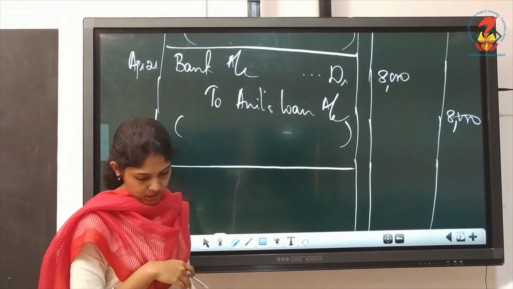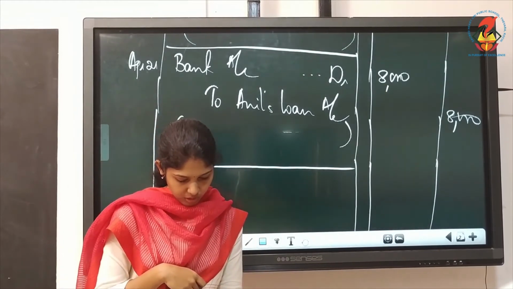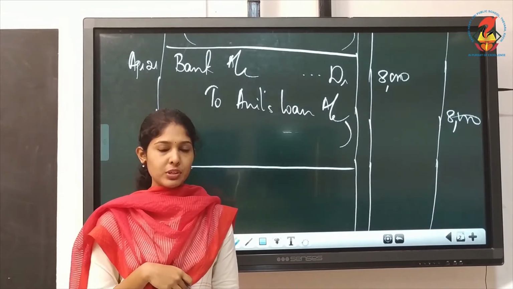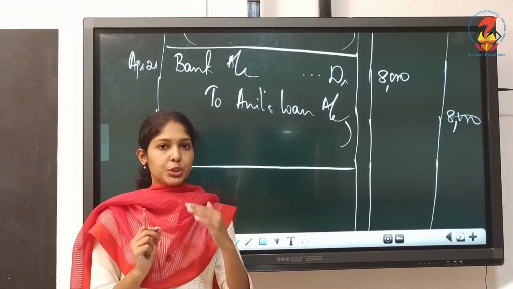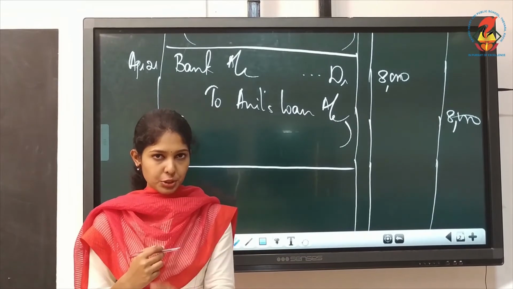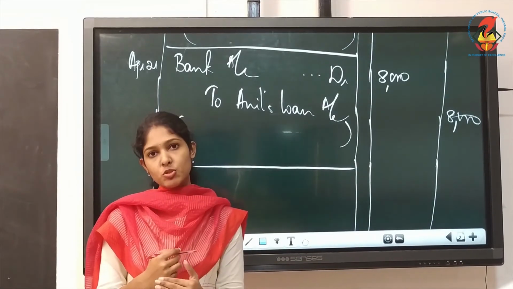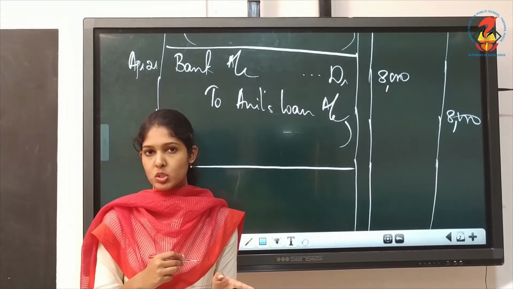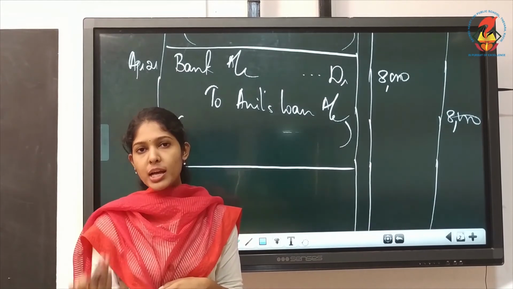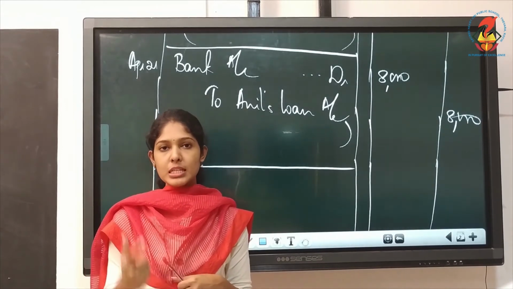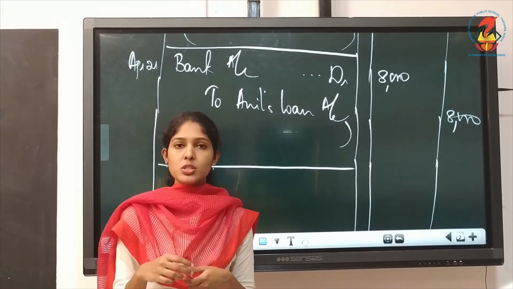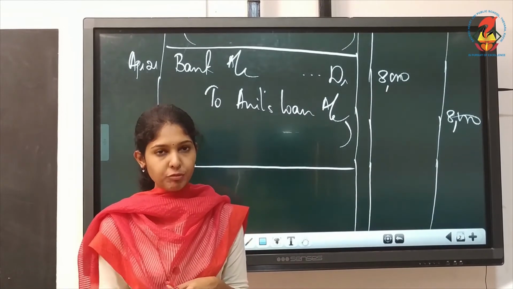The next one is April 23rd, goods returned to Surya. The transaction you have to do very carefully. You are returning goods to Surya. So what's the basic entry? Surya's account debtor to, which account you will write there? Purchases returned. First we purchased from Surya on 7th of April. Now we are returning those goods. So it is Surya's account debtor to purchases return account, or it is used in the textbook as return outwards. Both are same. So purchases return or return outwards you have to credit.